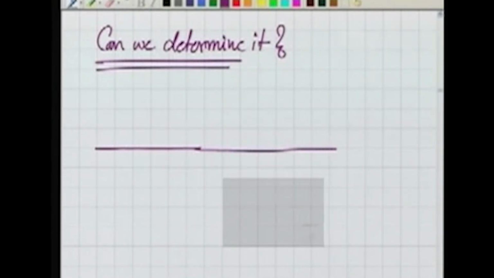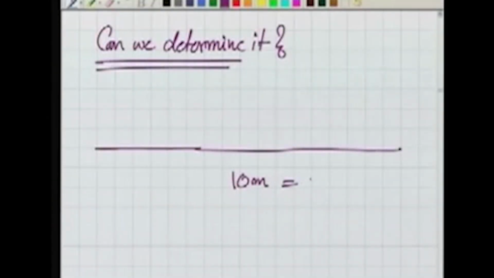Now can we determine it? Well, that's the question. Can we really determine the cyclic error, and after determination, can we apply the correction? What we do for this, we take a distance, let's say that's the distance, and this distance is 10 meter, which in this case is the measuring unit lambda by 2. Now for this 10 meter, at every meter or less than that,